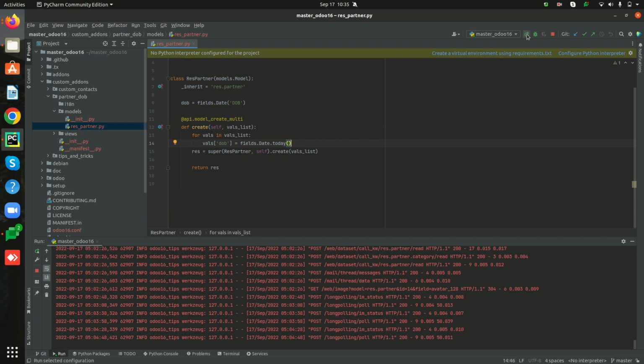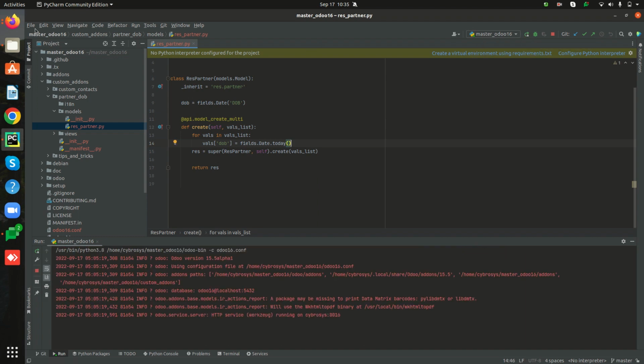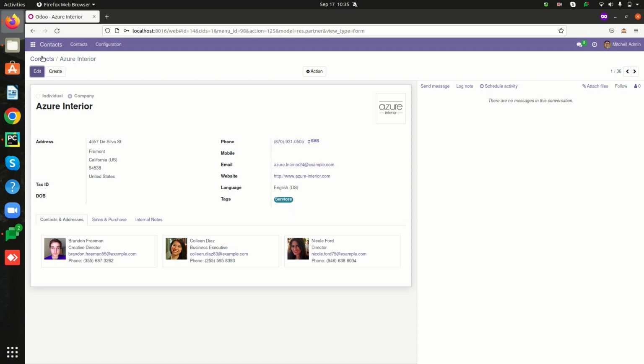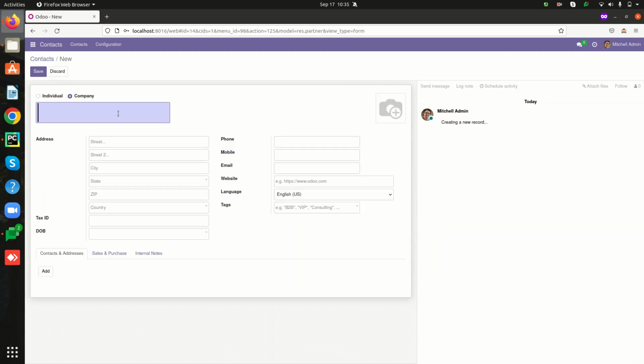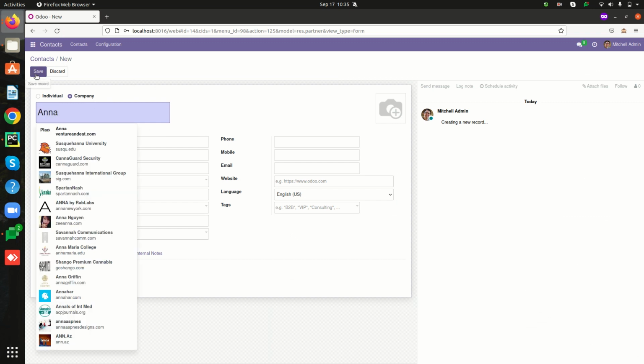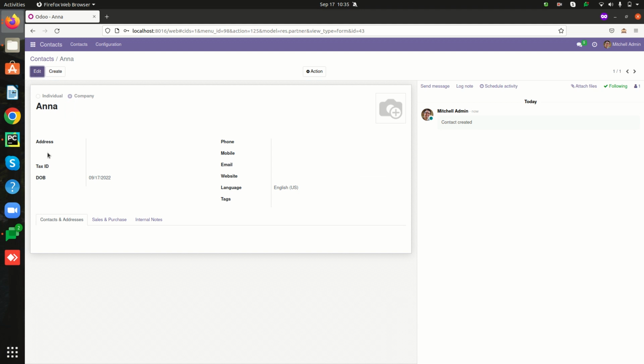So we can restart the service, and let's see by creating a new contact. I'm just creating a new contact and saving it. Here we can see that the date of birth value is populated as today's date. So this is how we can